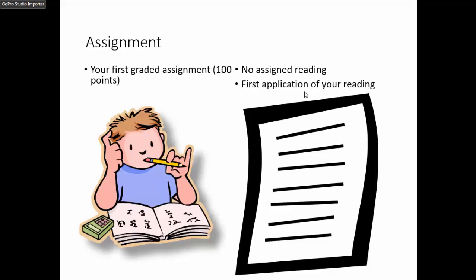So that first assignment is worth 100 points. This is the same as the exam. And we just want you to focus on this assignment. So there's no assigned reading, there's nothing else to turn in, no seminar or anything. And again, like I said, this is the first application of your understanding of the reading that you've gone through. So you're going to refer back to the reading in Unit 1, Unit 2, and also the information I have given you in the seminars and in this seminar